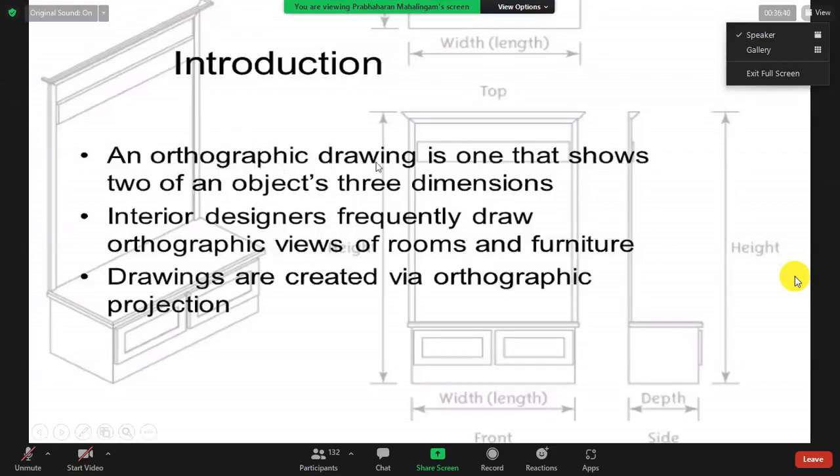But orthographic drawing is the one that shows two views of an object that is given in 3 dimensions. Objects given in 3 dimensions mean 3D. That is called 3 dimension. Shortly we call 3D.